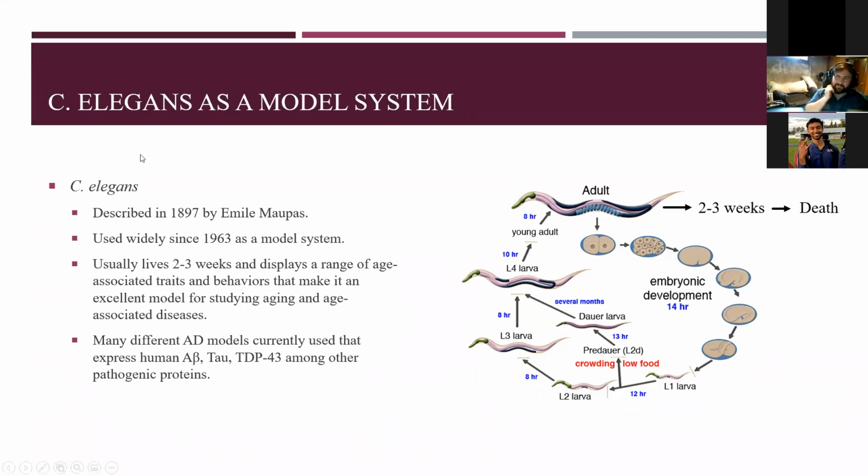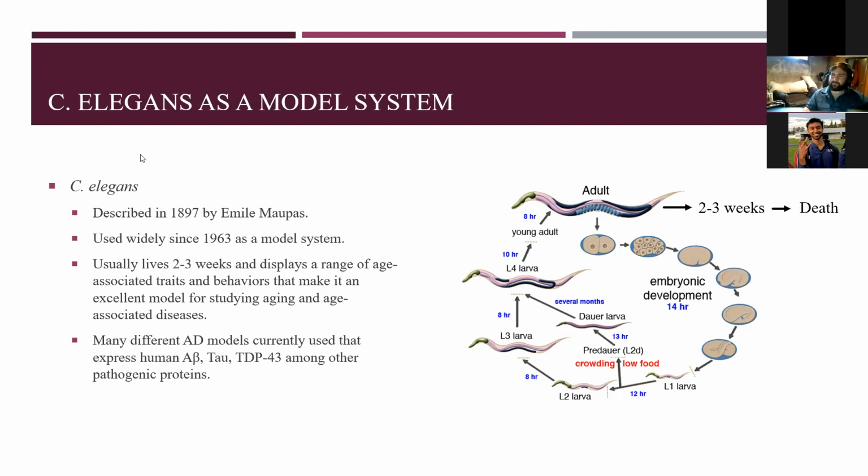So the animal that I'm going to be using for this talk is C. elegans. It's an invertebrate worm that is barely visible by eye, and it's been used in research for a little over 50 years now, almost 60 years. What's great about it is that it lives only about 2 to 3 weeks. And so we can iterate through huge amounts of generational time, huge amounts of data, all very, very quickly. And then kind of bringing it back to the point of human relevance,